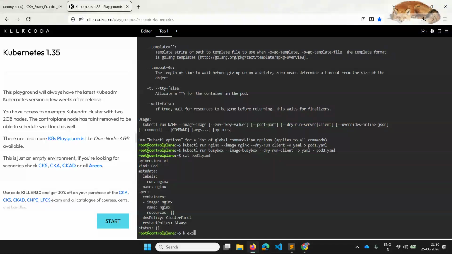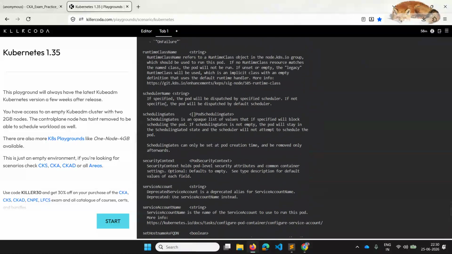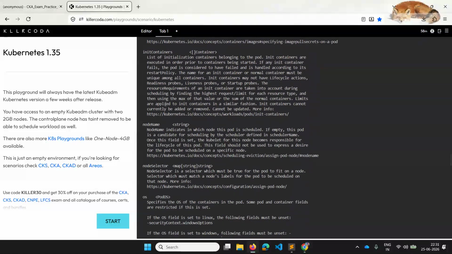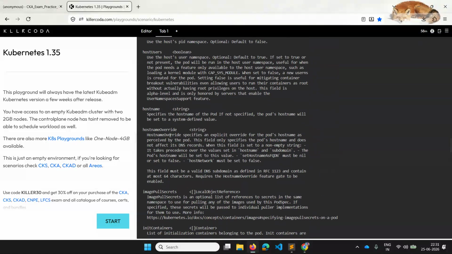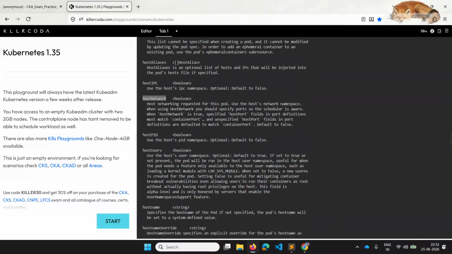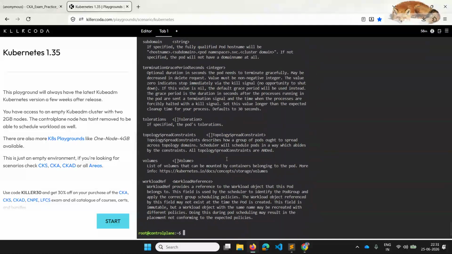You can also use explain pod.spec, and here you have a lot of options, and in this, if you search for host, I can see hostNetwork. So under the spec we can mention it.